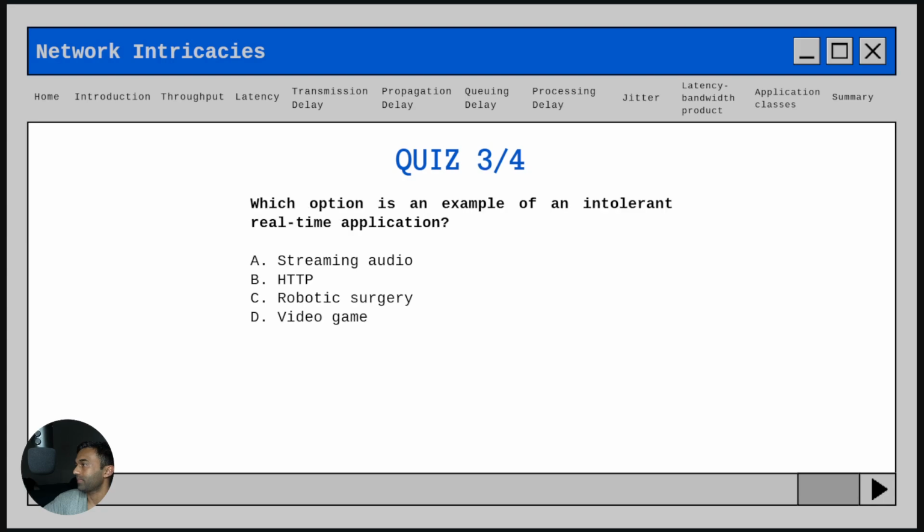right? And which is an example of an intolerant real-time application. So streaming audio, we can always just wait for it to buffer. A video game, it's okay if there's some lag. But C, robotic surgery. This is definitely intolerant. If there's any delay, someone could die. So the answer is C,